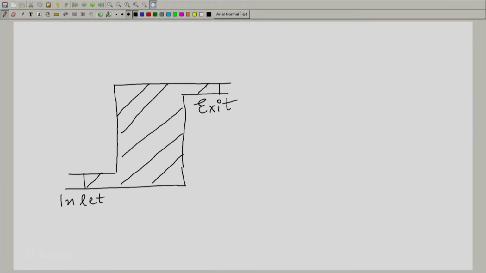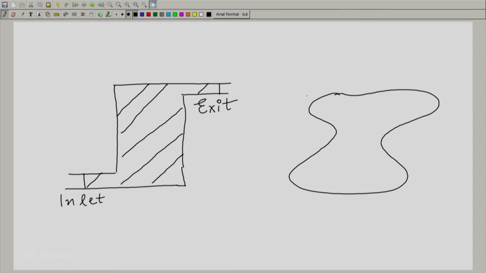For example, I could have as well drawn it in a reasonably amoebic fashion here and drawn the inlet and exit somewhere else. For example, I could have drawn an inlet here and an exit here. So all I am doing right now is considering an open system with one inlet and one exit. So for this open system, the properties can actually change with time, and not only that, one need not find a unique property throughout the open system.